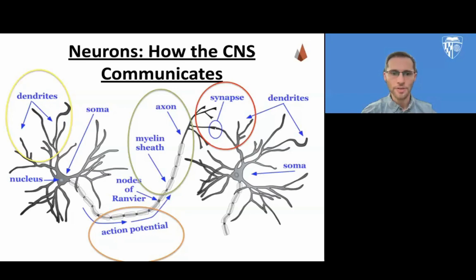It starts on the receiving end with the dendrites picking up the signal, passing it through the soma or body of the neuron, through the axon, towards the tail of the neuron, crossing the synapse to the dendrites of the next neuron. And in case you were wondering, the tail of each neuron also has stringy tentacle-looking things which have terminal buttons, and we'll get a closer look at that on the next slide, along with a close-up of the